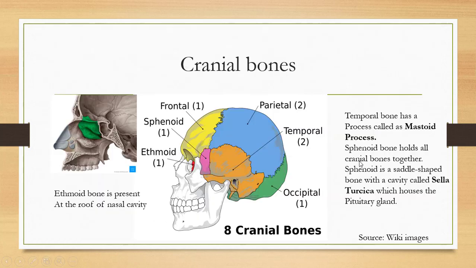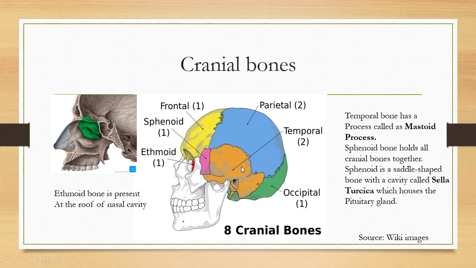Now we will talk about the cranial bones in detail. So we have seen that there is one frontal bone. Frontal bone is present in the region where the frontal lobe of the brain is present. And if you have read neural control and coordination, you might know that the frontal lobe of the brain is concerned with imagination, thinking, and doing sequential tasks. Then there is the parietal lobe. Parietal bones are two in number, below which the parietal lobe of the brain is present, which is basically a sensory junction.